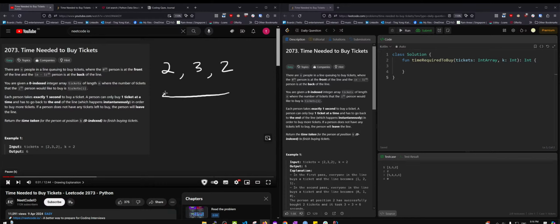And so the queue is ordered in this way. The problem is that a person can't buy 2 tickets. They can only buy 1 ticket at a time. So this person buys a ticket. Now they only want 1 ticket. Okay, now this is the beginning